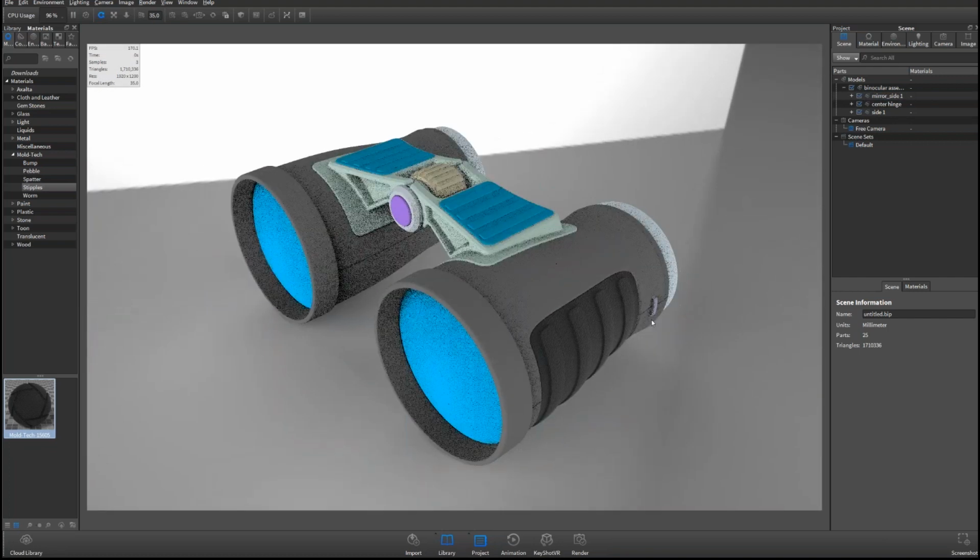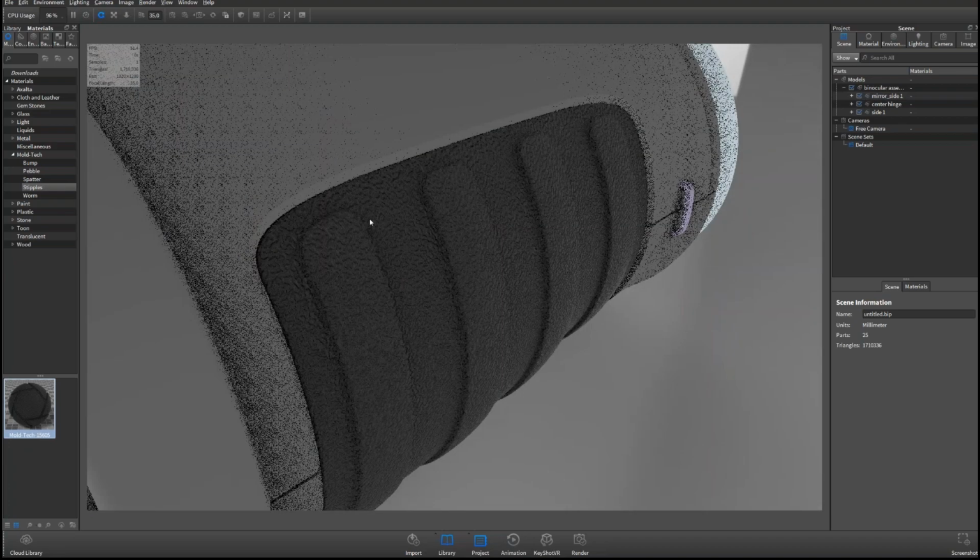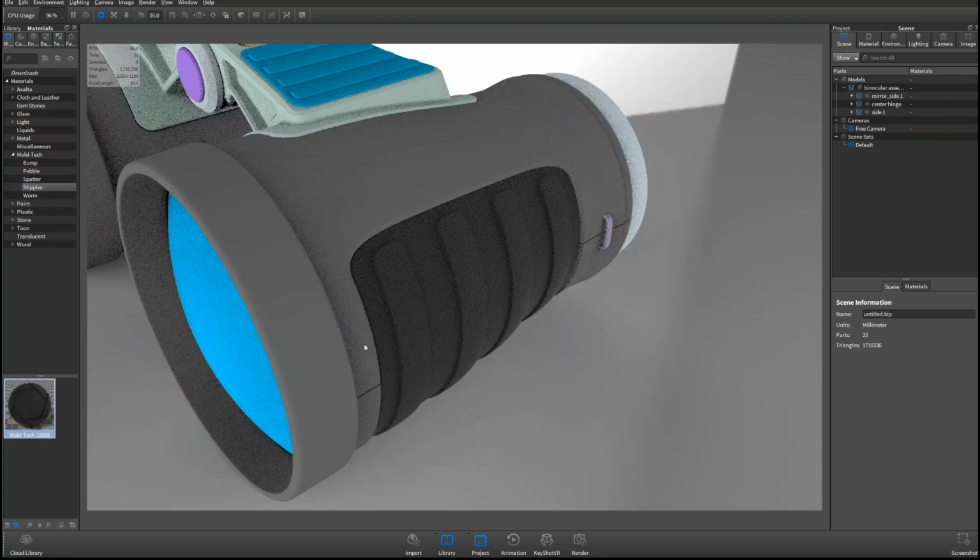Okay, and also if you've ever used the Moldtec material and couldn't figure out the scale, you'll notice that when we imported it and kept the original units, you can see that it knows that this was modeled in millimeters, so it applies that Moldtec with a 1-to-1 scale. So now I don't have to mess with the Moldtec materials.